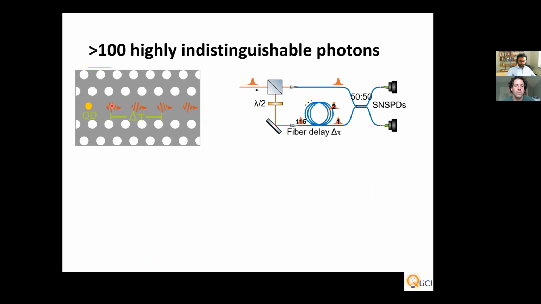Now we want to know, let's say, emission 1, emission 2, emission 3, emission 4. We want to know how identical emission 1 is to emission 3 or emission 4. And this can be done by sending the light into this asymmetric interferometer. So there is a beam splitter here, or a polarizing beam splitter in this particular